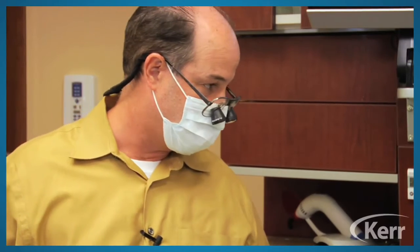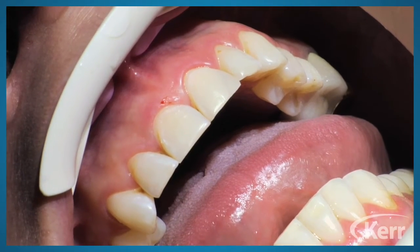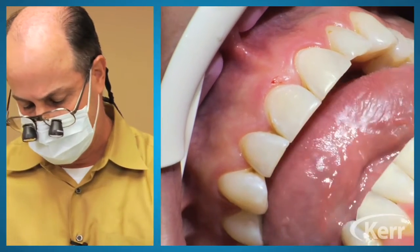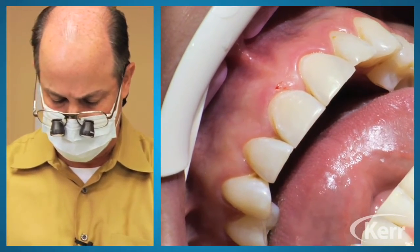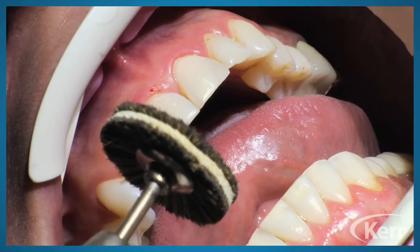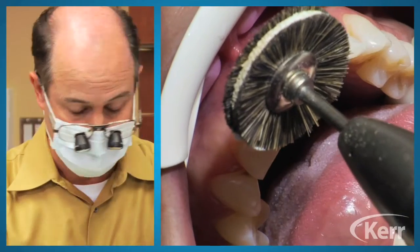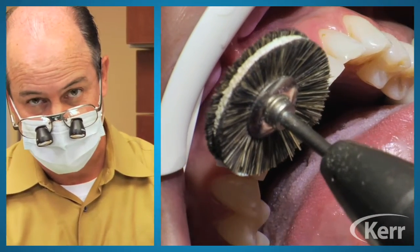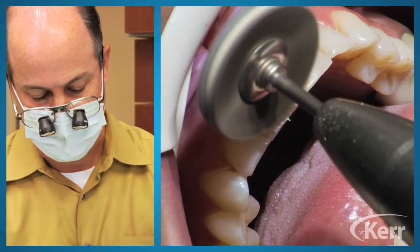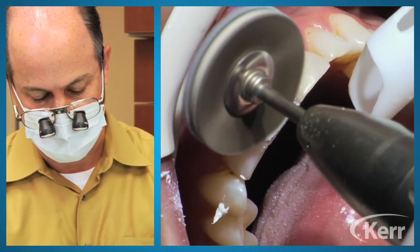Let me show you what can be done with this if you really want to have some fun, and you have someone who has very high luster in their teeth. You take one of these goat hair brushes. It's a goat hair brush on the outside with a chamois on the inside, and that really will buff this very nicely. I like to do it first with just a little bit of water, and then I'll do it dry with the composite polishing paste. And